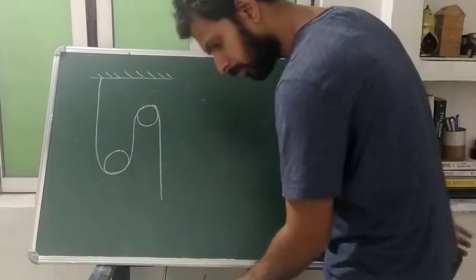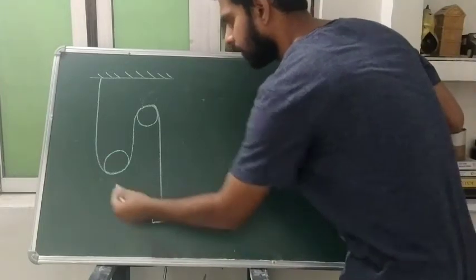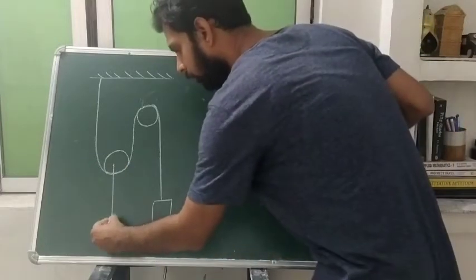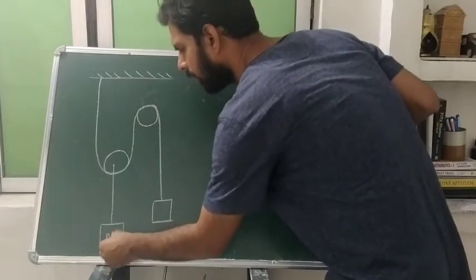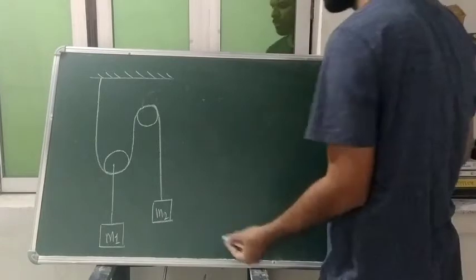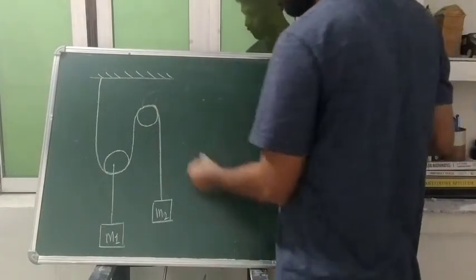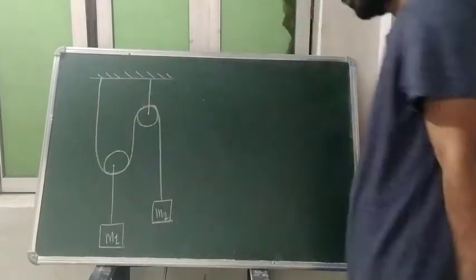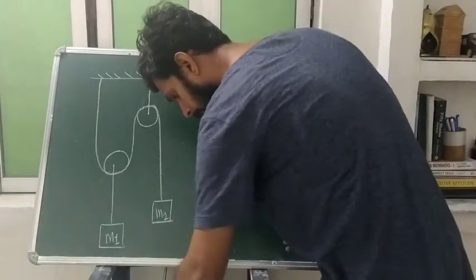Okay, things were something like this, and from here we were getting a block. You can say this was our block number M1, and here was block number M2, whatever was there. I am assuming M1 and M2 right now, and it was attached with this. So of course, students, the problem was present here.